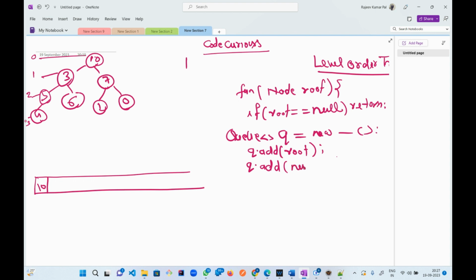Null something. Okay, I will add null here. Instead of null, we will add n every time. Okay, and here also I'll add n directly, not null completely, I'll add n only. So here I added null, then